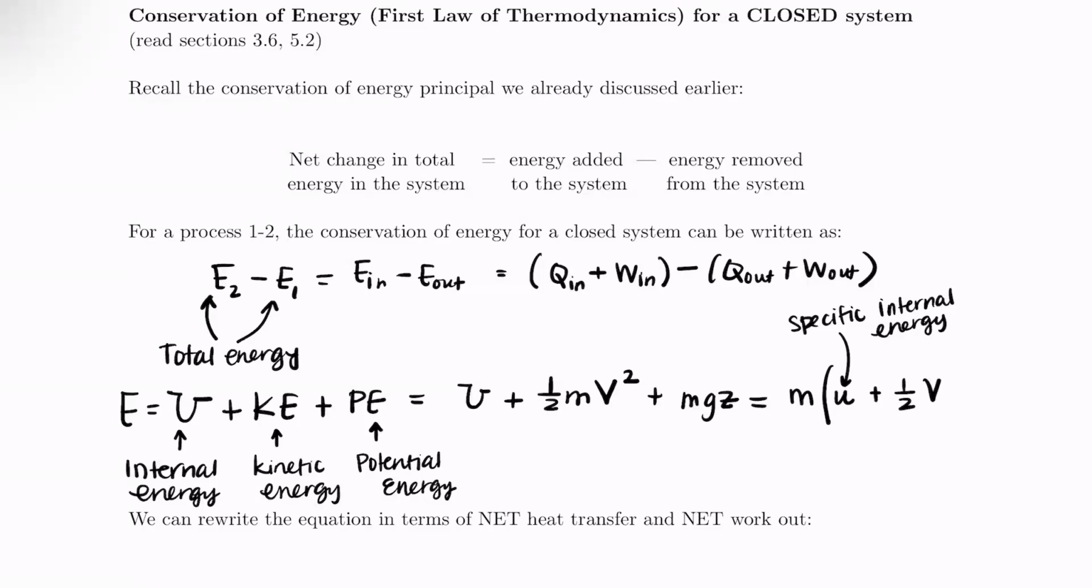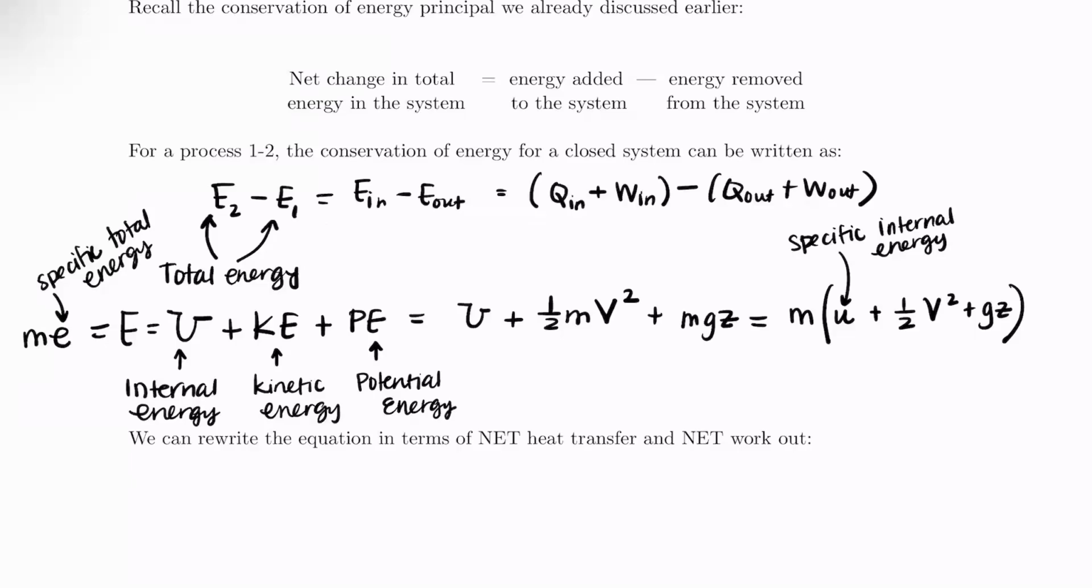Plus 1/2 velocity squared plus g times z is equal to, and then this is also equal to, we can have mass times the specific total energy. So this means that for our closed system,